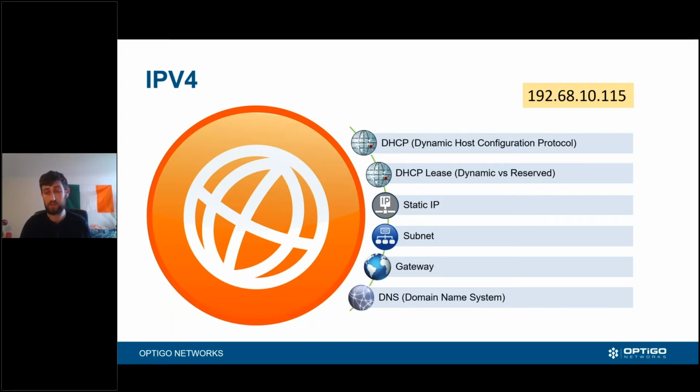When a device contacts this DHCP server, it has a list of all the currently used or leased out IP addresses, and it will take one of the IP addresses that is still available, not being used at the moment, and issue that to the device. Then it puts it in the leased section, marks it as currently being used, and usually gives, depending on settings, 24 hours, and then your device will have to renew its lease.